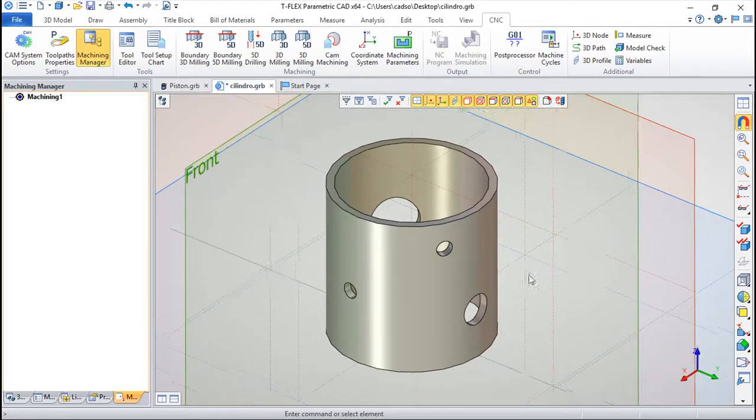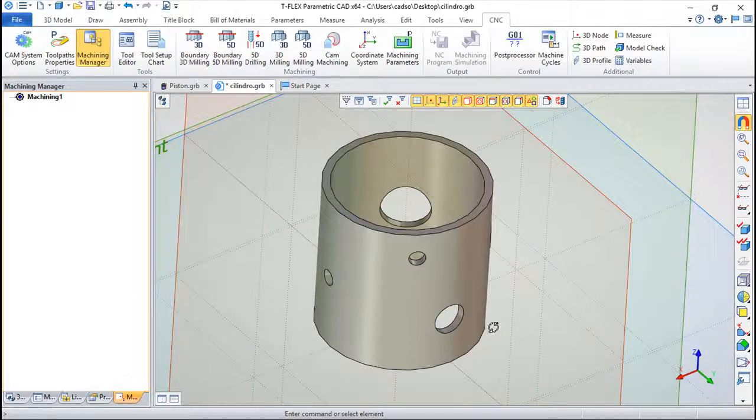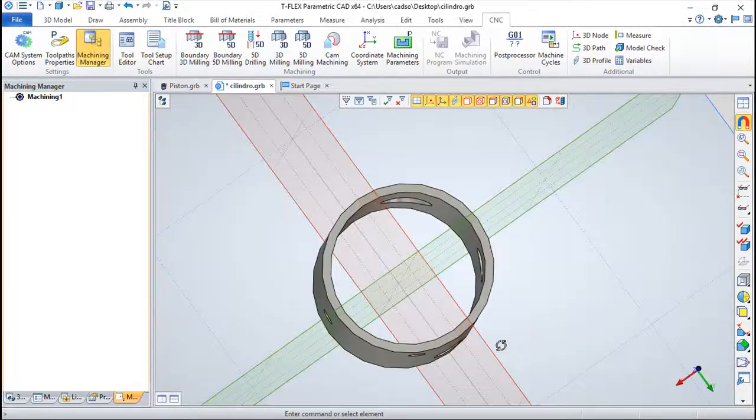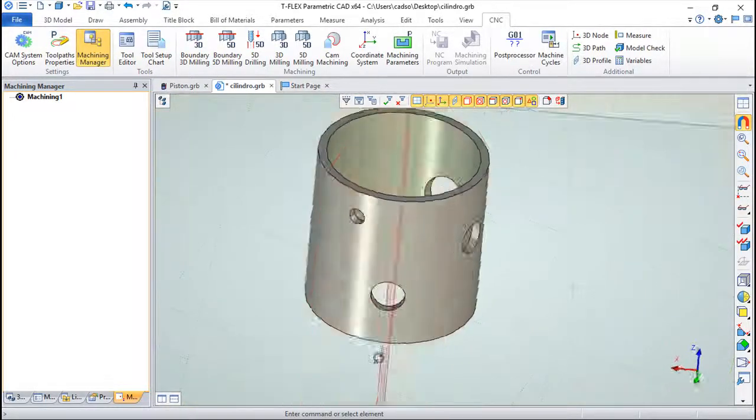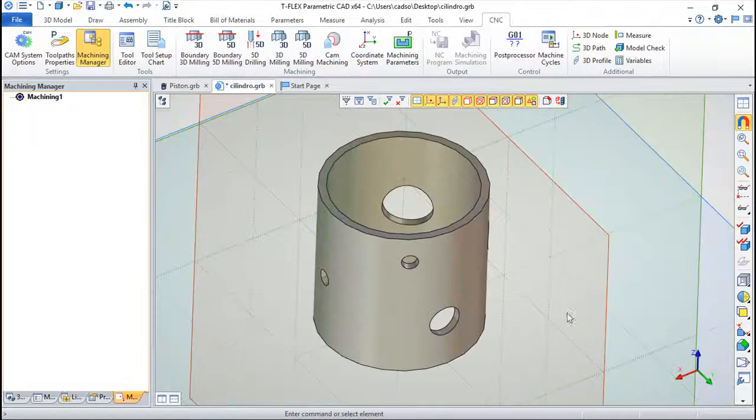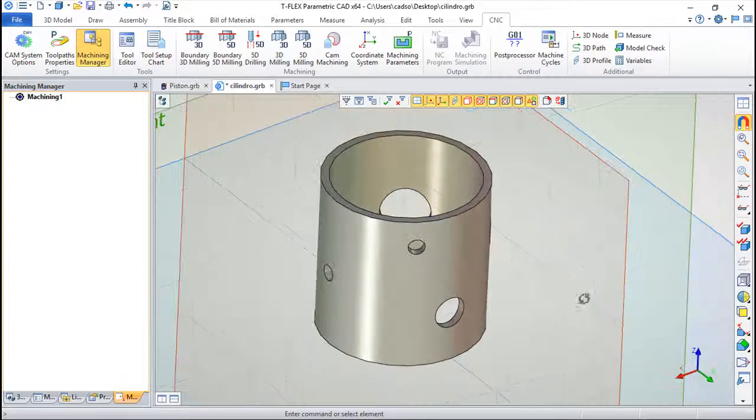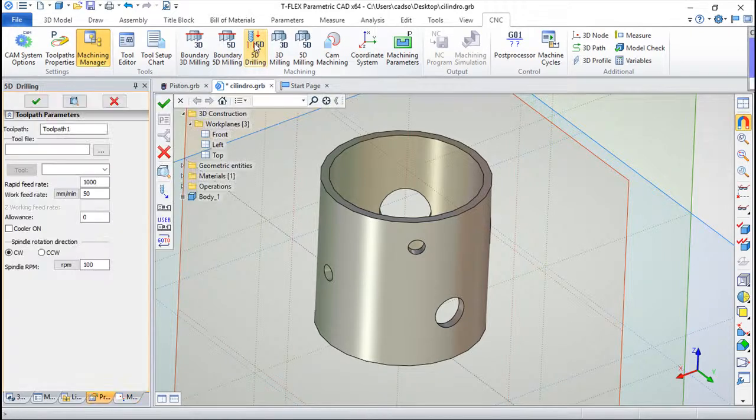To show you, I've created this cylinder round and with several holes around its exterior face. So as we've seen already, to make these milling operations we need to go to the CNC menu, and inside we have one specific function called 5D drilling. So just open this,